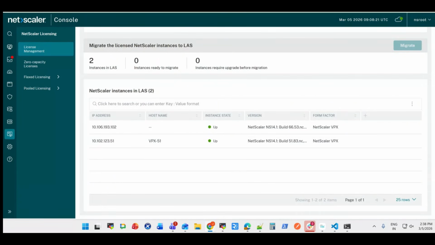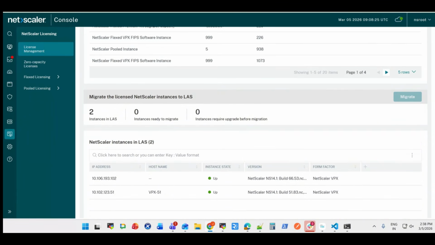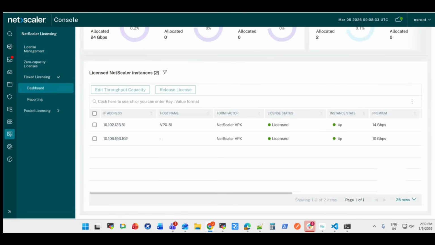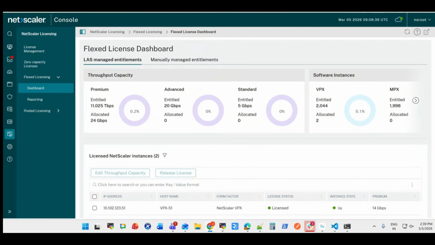So now you can see that the migration is complete and the IP address now appears in this NetScaler instances in LAS table. And finally, if you want more information, click on the Flexed Licensing tab on that far left side here, opening up our Flexed License dashboard. Here, you can see your software instance entitlements, now reflecting my 2 instances in LAS, as well as accounting for the capacity that I've